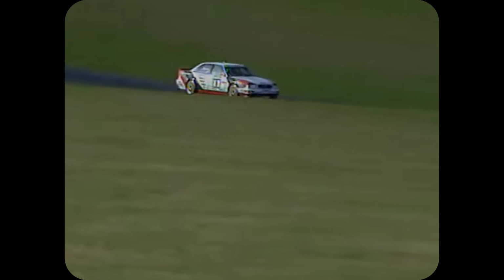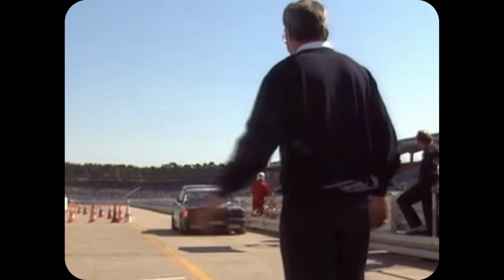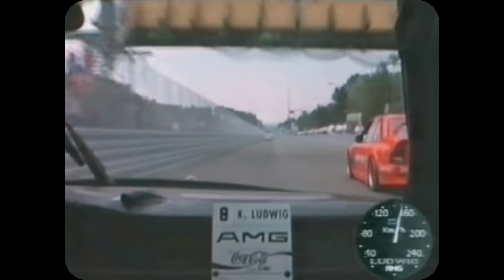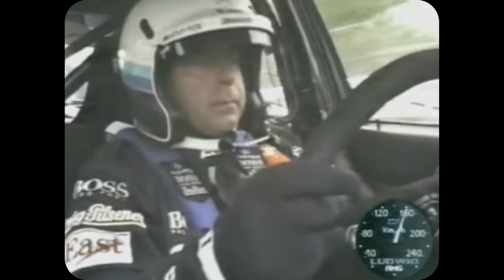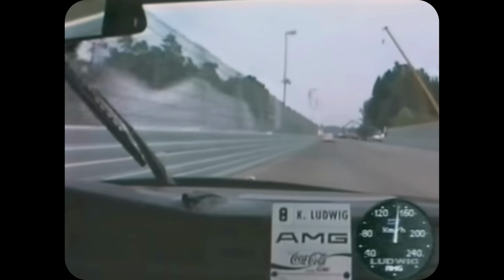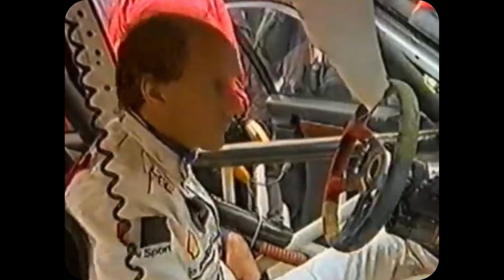1990 did see a new competitor come to the fore though, the V8 Audi Quattro. Could Mercedes' Evo II really take the fight to the top teams? 1991 was the first full competition year for the Evo II, and it became clear that the Evo II was a huge upgrade. Klaus Ludwig claimed pole position at race 3 at the Nürburgring and would go on to win the race. However, the rest of that season yielded just 2 more poles and only 1 win for Klaus Ludwig, as well as a pole position and a 2nd place finish for his teammate Kurt Thiim. It had been a close battle, but Ludwig lost out on championship victory to Frank Biela and his mighty Audi